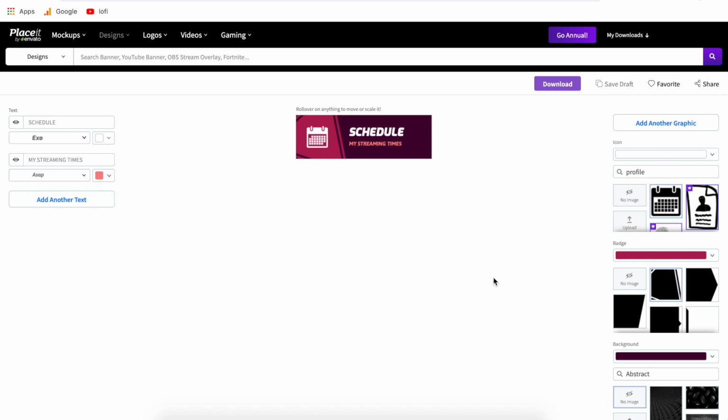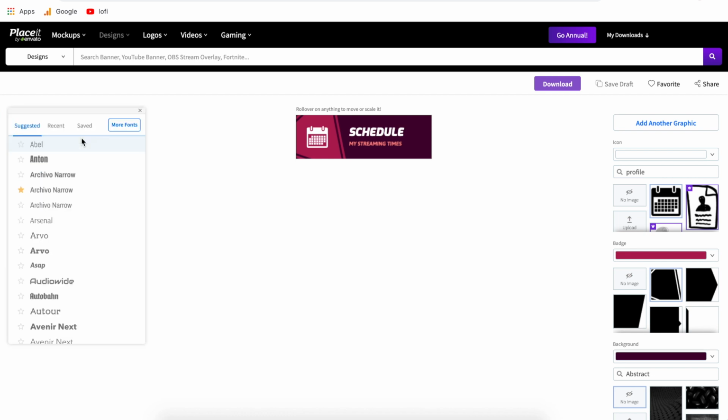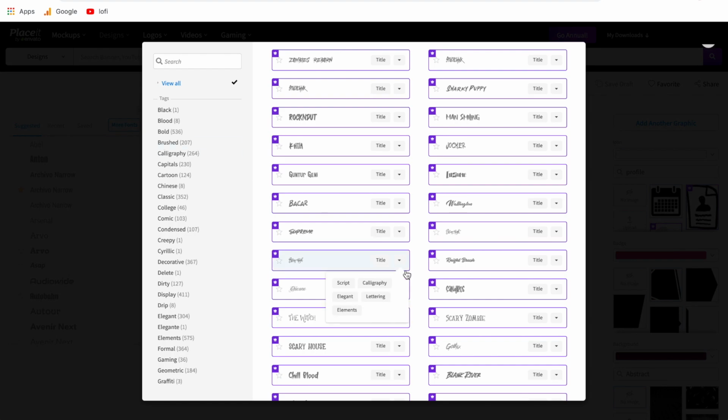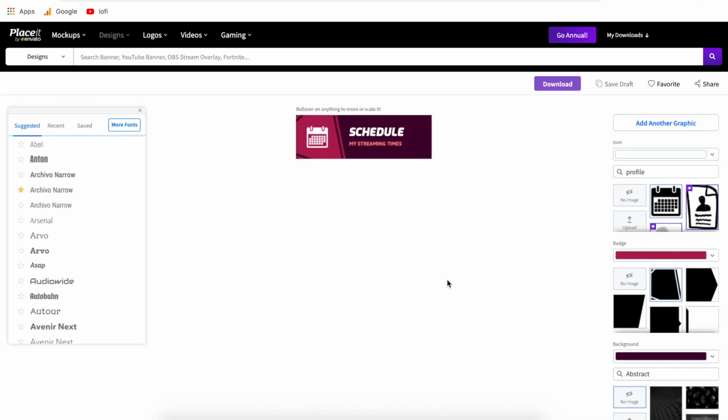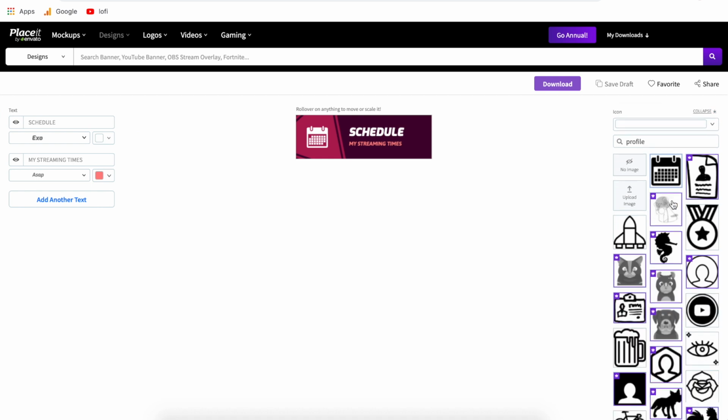So first, let's start off with the completely free templates. At surface level, everything's going to look pretty much the same as a premium template. However, you're going to be restricted in two areas. The first is going to be the amount of fonts that you're able to use. So right here, it looks like nothing is restricted at first, but if you go into all of their fonts, all of these are going to be premium and you need a paid subscription to use them. Now, the second way that you're going to be restricted on a free template is the graphics that you can use. Again, you're going to see these purple boxes. That means that you can't use any of those graphics in your design unless you have a premium account. So with that being said, let's come back over to our premium account and I'll show you how to edit these and customize them for what you need.